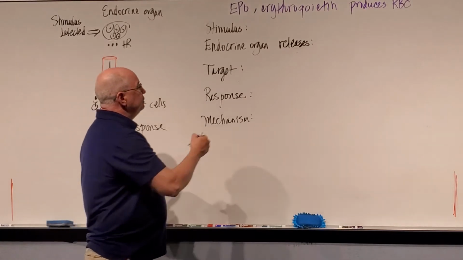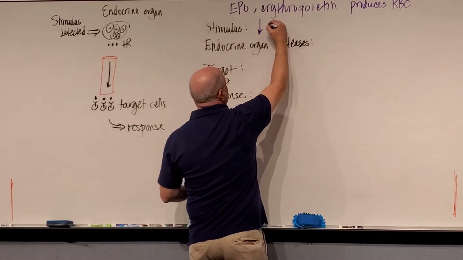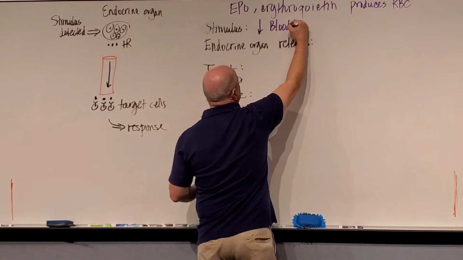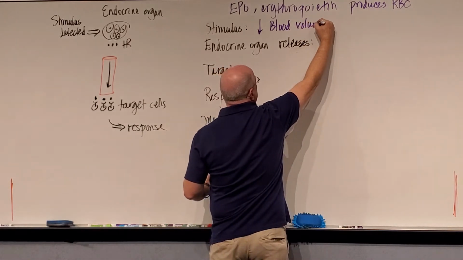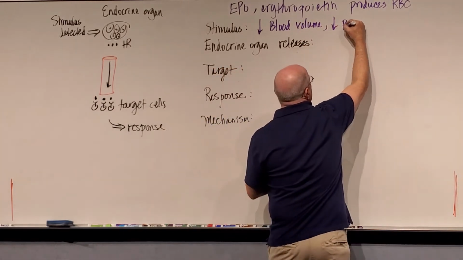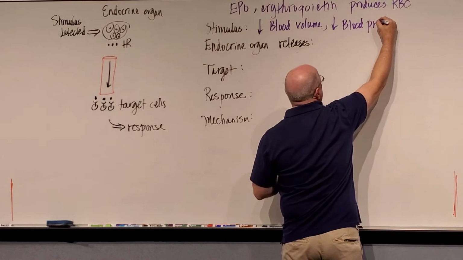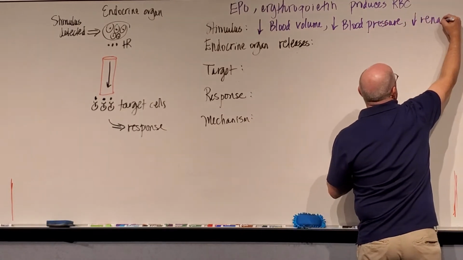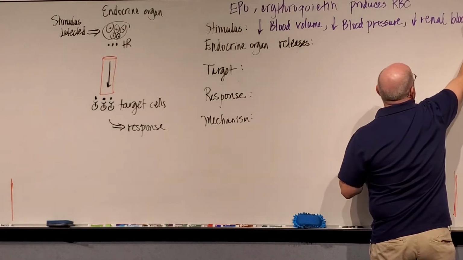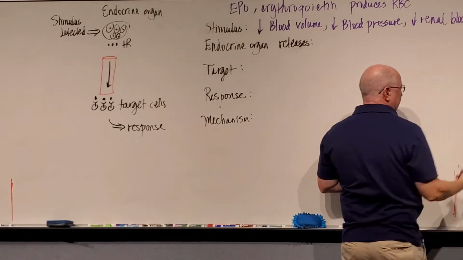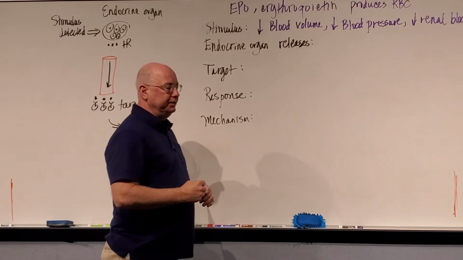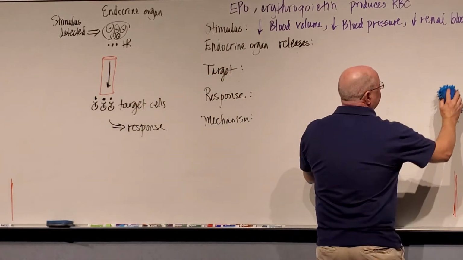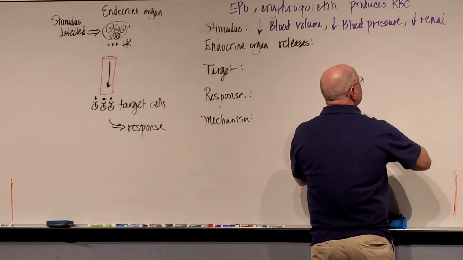The stimulus for this is going to be a decreased blood volume, a decreased blood pressure, or decreased renal blood flow. Now, we haven't done the urinary system yet, and I think I'm out of it. These red lines are my edge of where y'all can see. So,